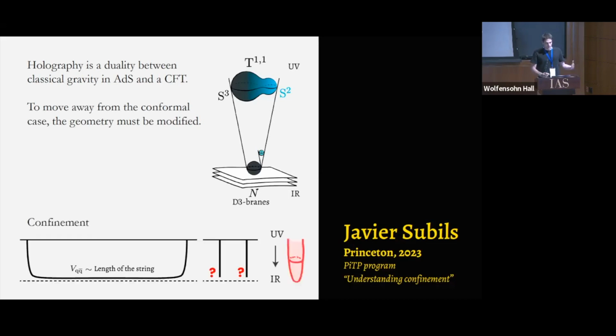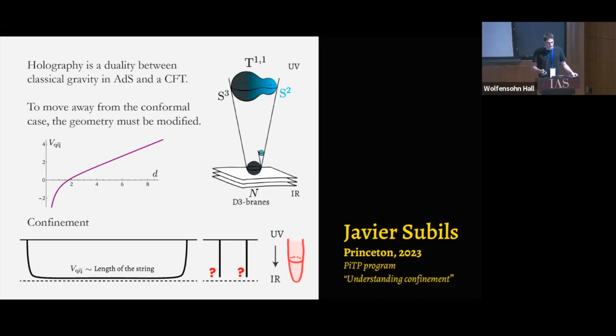The reason being that when you compute the quark-antiquark potential, because in this system the geometry is capping off smoothly in the infrared, the string has nowhere to go. So at some point, it has to lie at the bottom of the geometry. And the quark-antiquark potential is given by the length of this string. And because, crucially, the strings cannot break, since here you don't have any branes or black holes where the strings can be attached, you get a linear growth of the quark-antiquark potential, and thus you claim that this theory is confining.